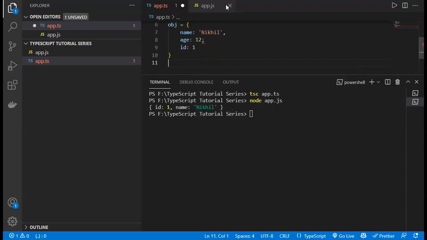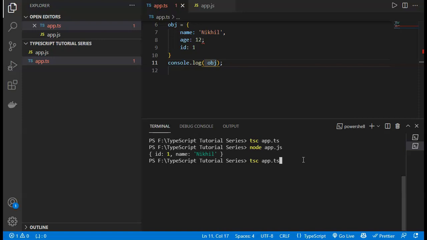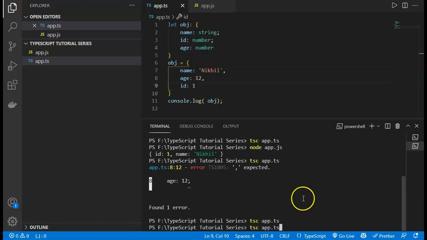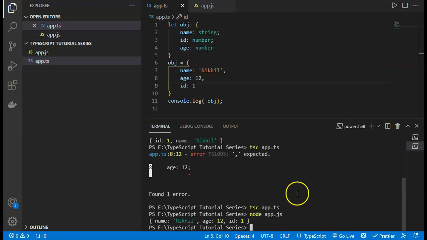If I save and console.log again, it will be an object again. If I save, you will see it compiles app.ts. It gives us an error because of the comma here. Then if I compile this again with tsc app.ts and run the app.js file again, you will see it gives us the object value. So these are the objects in that.